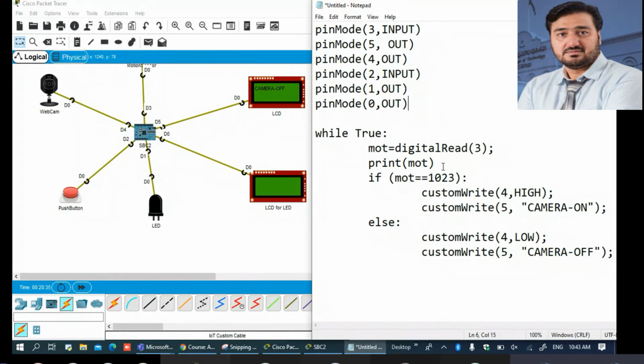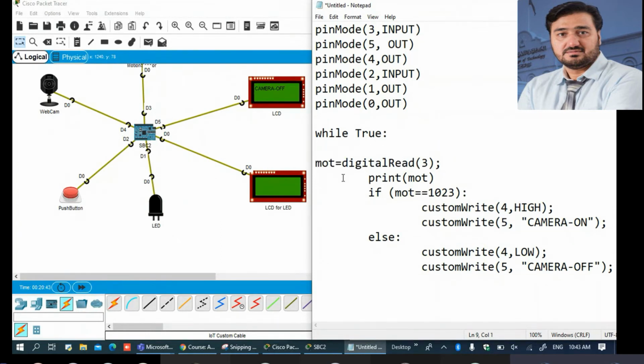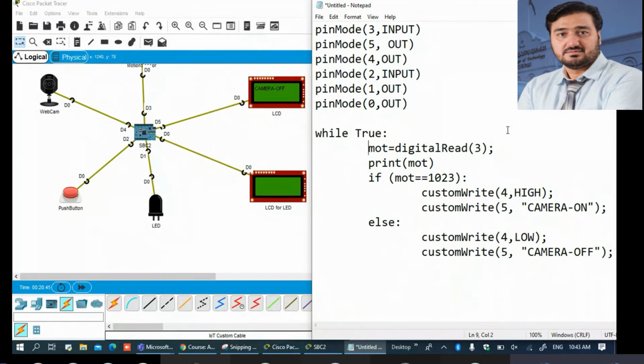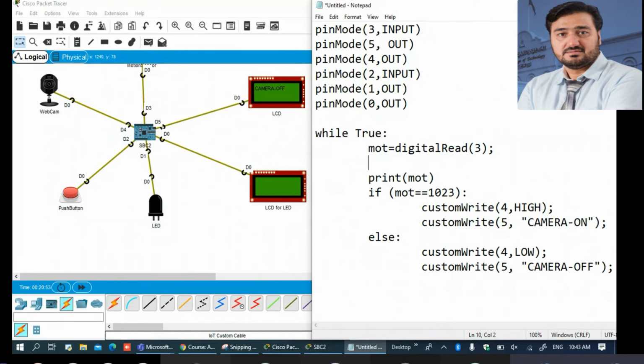Just one minute, let me write it here, and you will see button.